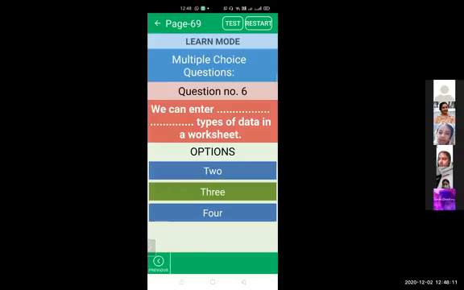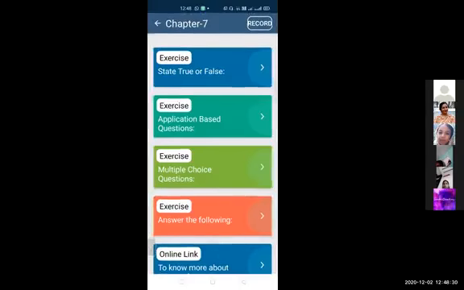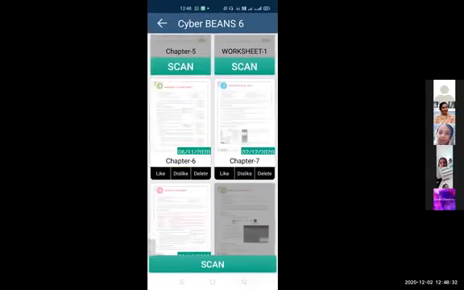Now next question in your book is answer the following. These are subjective answers. So I will send these answers in the Google Classroom. We will not waste much time with this. Now let's move on to the next chapter. Next chapter exercise is given on page number 76. All right. So you can open page number 76 now.